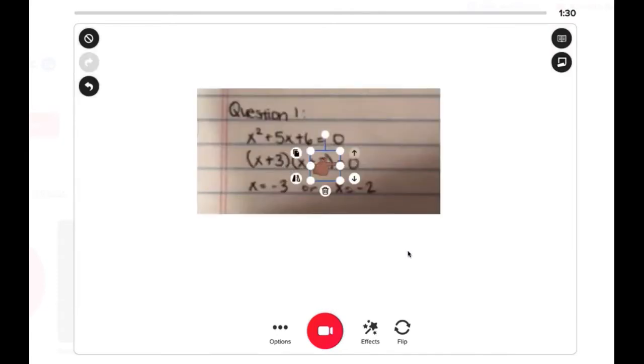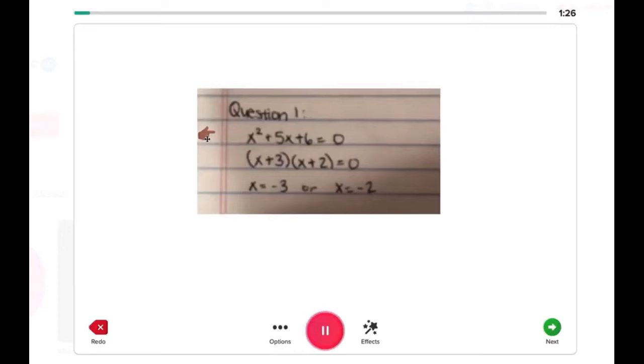The name of the game here is one, to keep things simple, and two, to give students the opportunity to talk out their thinking process, to both celebrate multiple approaches to problems and also to emphasize process over product. Let me dive into an example of how I set things up for my classes.